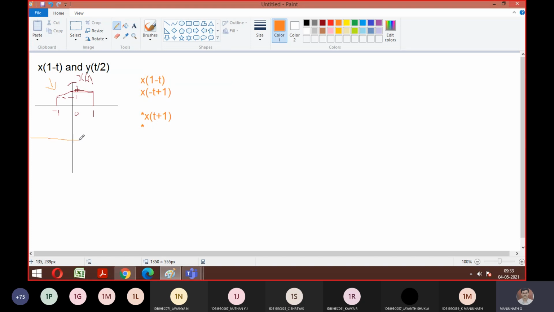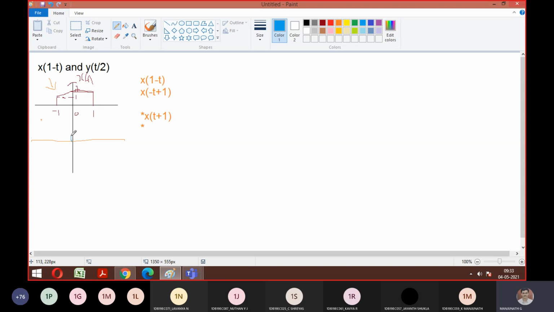So how will you plot? T plus 1. So what should be done? You told advancing, right? By how many bits here? What is the interval they have given? 1 bit. So delaying means, as already told, it will move towards the negative side. So this 1 to 0, if I shift, that will be your 1 bit delay. So the signal which was starting at 1 will now start from 0.